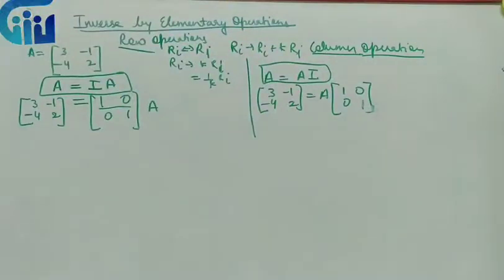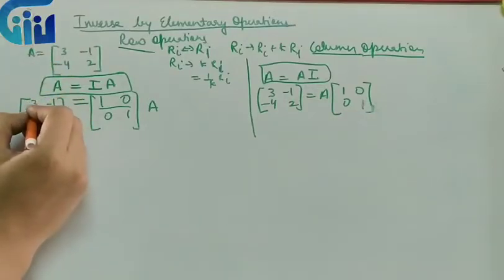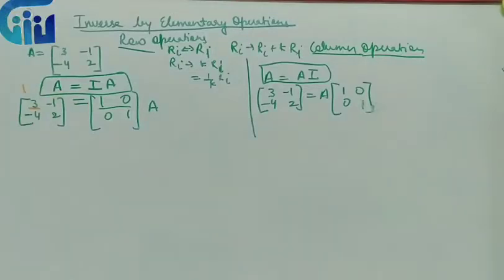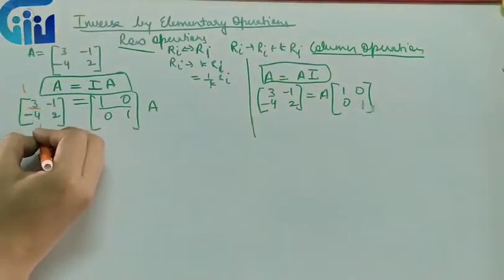Now next, what I will do, I will write it like this. First thing that we have to remember, we will be following certain tricks. Everybody will do all the questions based on those tricks. The first trick that we have to use is, we will make this particular element as 1. Now what is the basis on which I will be changing this? My thinking process is, I want to change this particular matrix to the identity matrix.